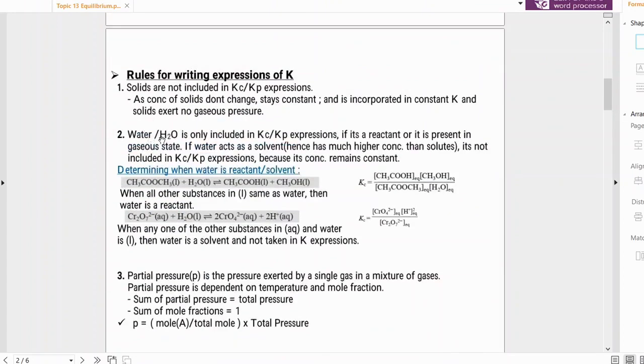Now the second rule: water, H2O, is only included in equilibrium constant expressions if it is a reactant or it is present in a gaseous state. If water is present in a gaseous state as water vapor, then it is already a reactant. So this whole sentence could be shortened to say that H2O is only included in these expressions when it is a reactant. But if water acts as a solvent, it's not included in equilibrium constant expressions because its concentration remains constant. So the whole idea is